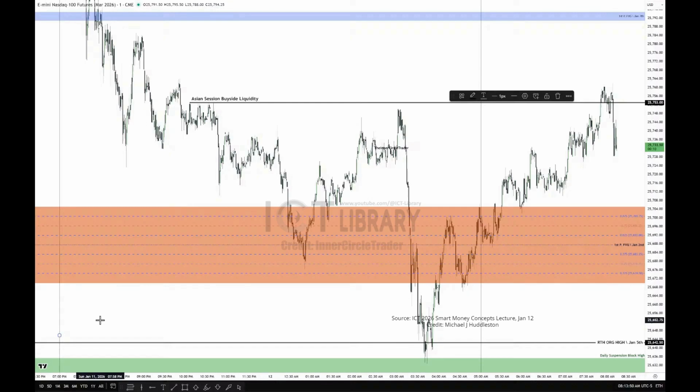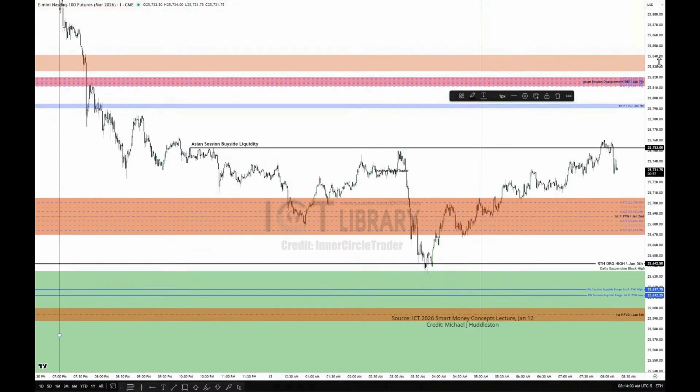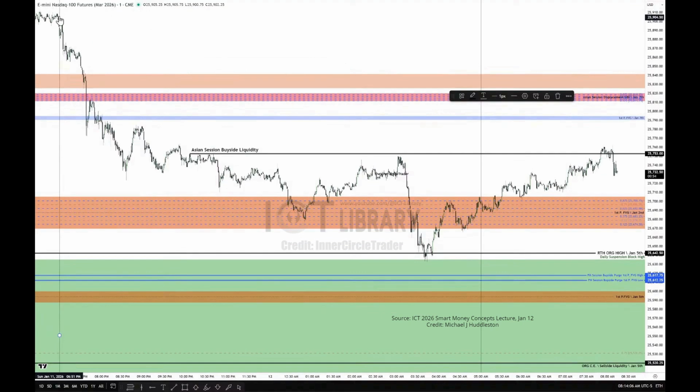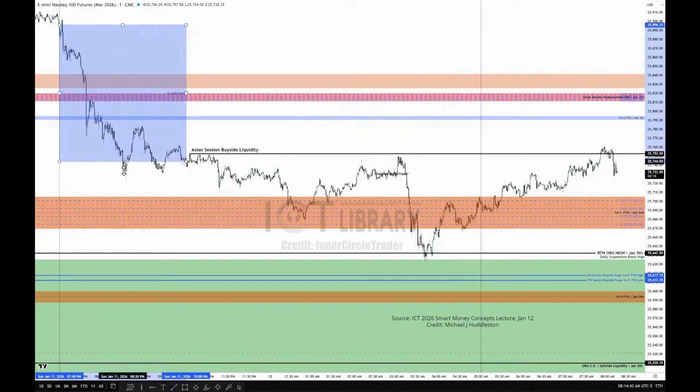Sessions are not, this is not the kill zone. This is the entirety of the session. So there's a difference. When you look at the entire range that's available, you would include all of this. So that's the Asian session high, and that's the Asian session low. See the difference between that and this? But this is the entirety of the Asian session kill zone. See the difference between that and this vertical line and that vertical line?